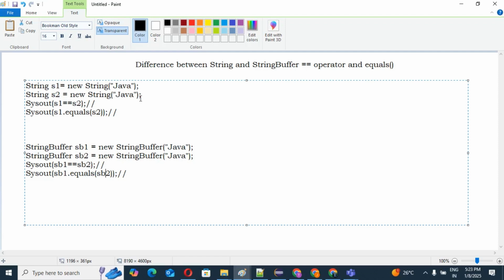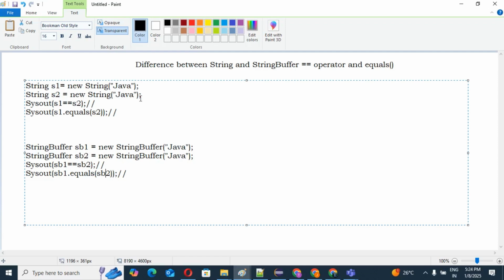So guys, the equals method we have in the Object class is used for reference comparison. It is used to check the reference of two objects, not the content of two objects. Guys, you should know this first. Correct? So the equals method in the Object class is used to check the reference of two objects, not the content of two objects.